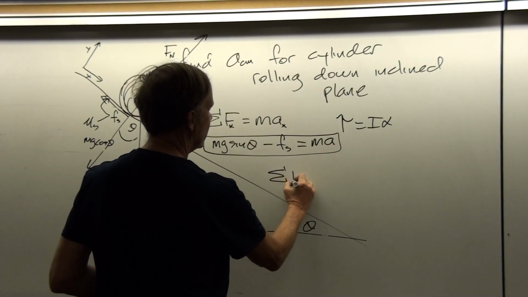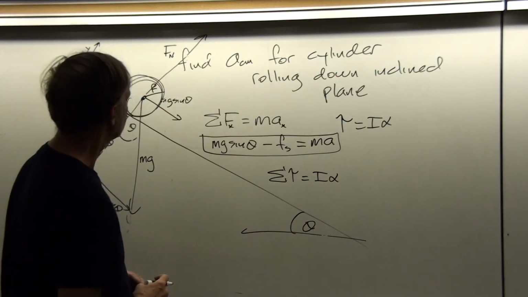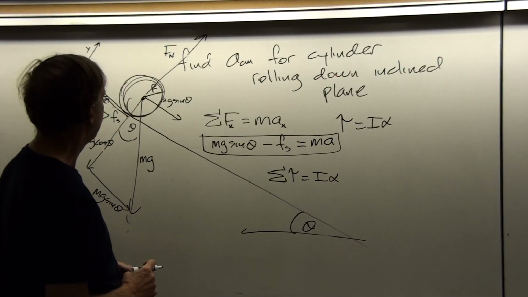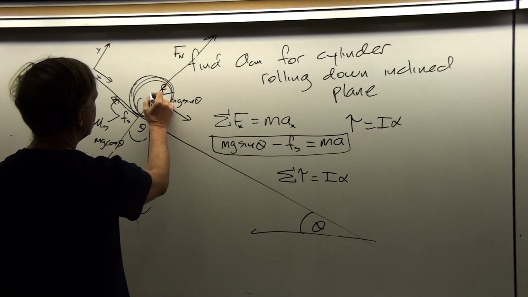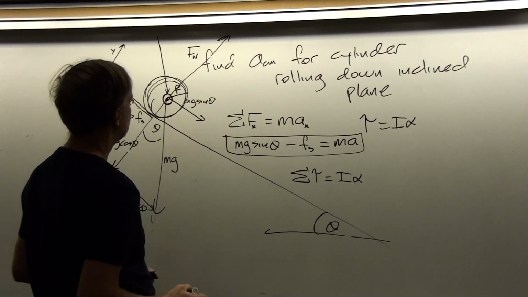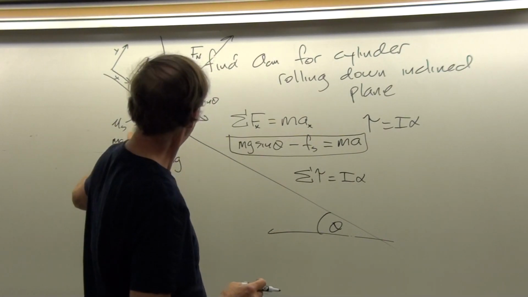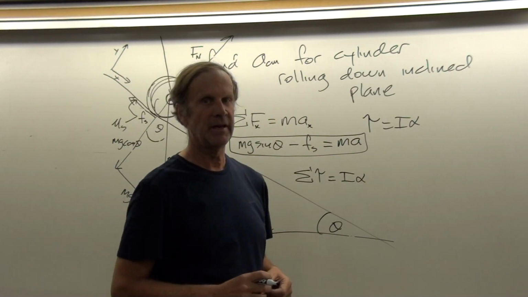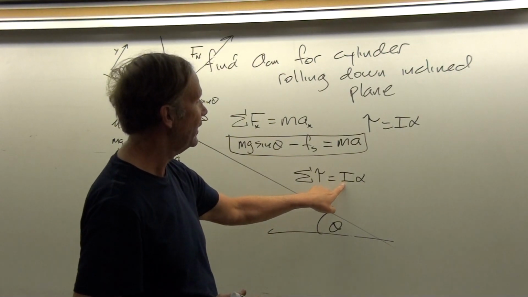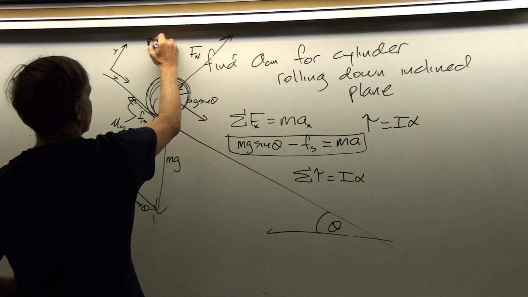That's going to be the sum of the torques, and we could have more than one, equals I alpha. Okay, and so what we need to do then here is to choose a pivot point. I'm going to choose the pivot point to go right through the center of mass. And the reason for that is that I know what the moment of inertia of the system is about the center of mass. And I may not know what the moment of inertia is if I cause it to rotate about some other point other than the center of mass. I know that I is 1/2 mr squared from the center of mass, so I'll choose that as my pivot point because I know the moment of inertia at that point.